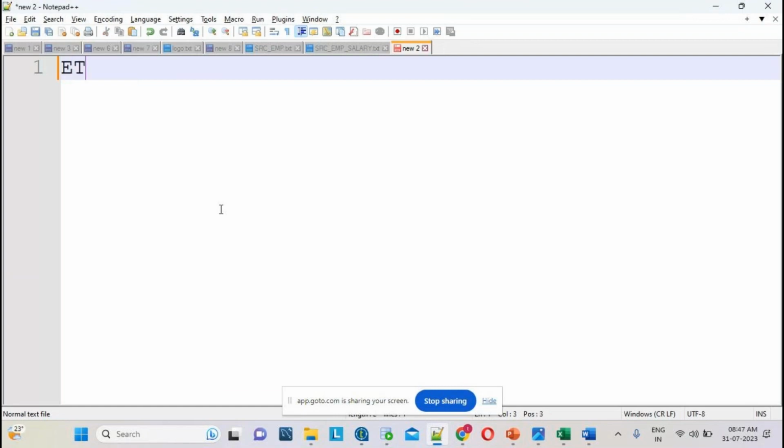Appian requires a lot of coding. It's like coding. We are going to learn ETL tools.